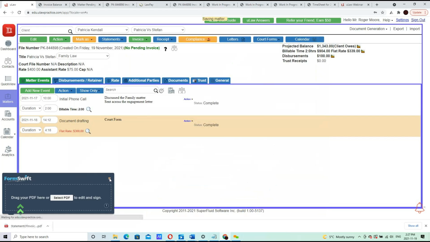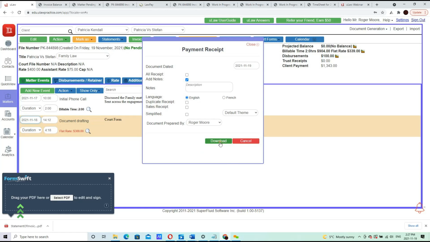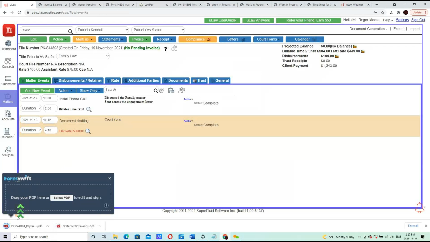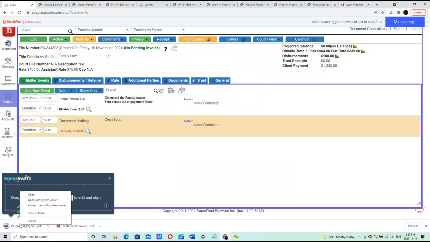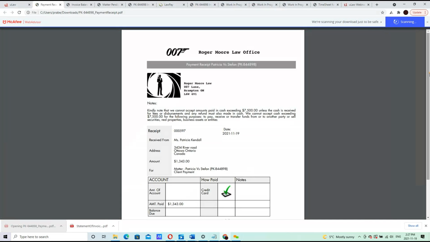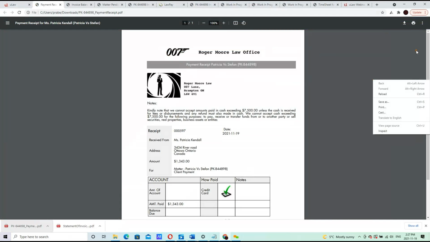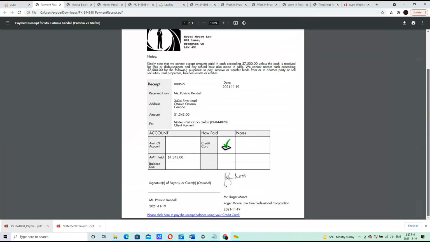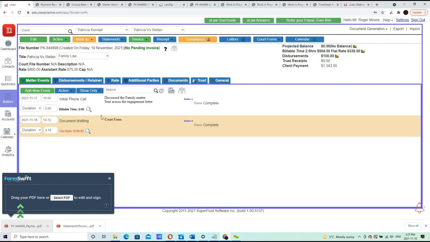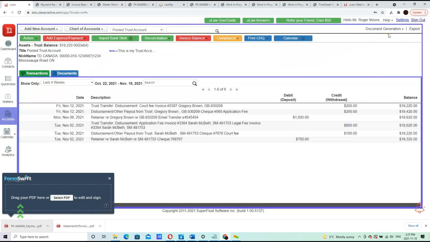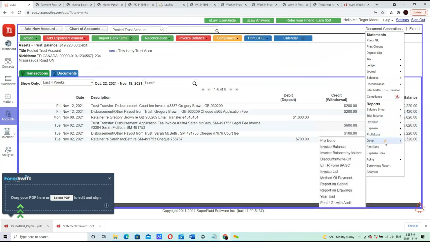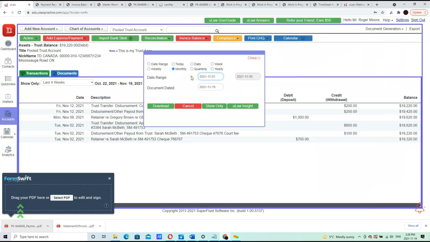So you've gone through a full life cycle of realizing revenue. And you can, of course, send this payment receipt to your client. You can put your own logo, banner, it could be colored. And if I go back into my accounts, invoice balance by matter,